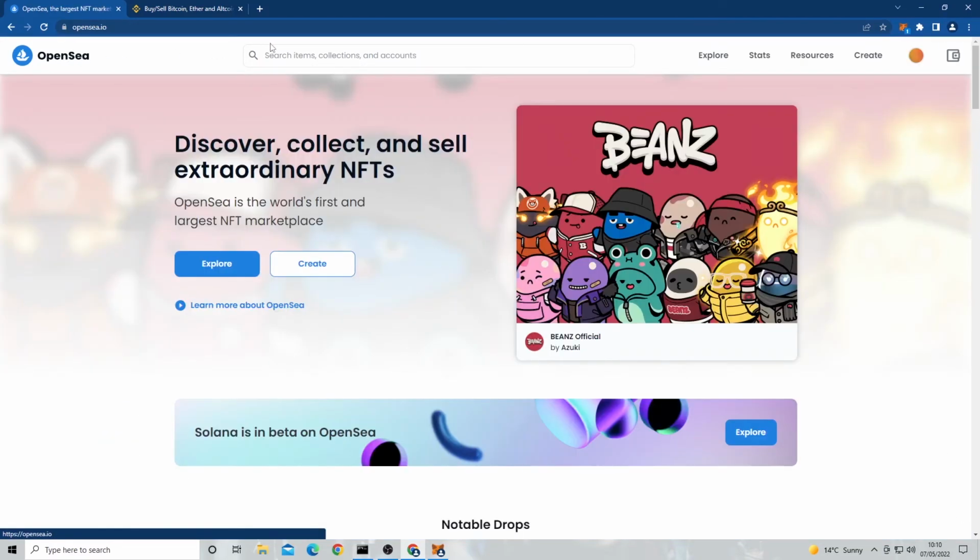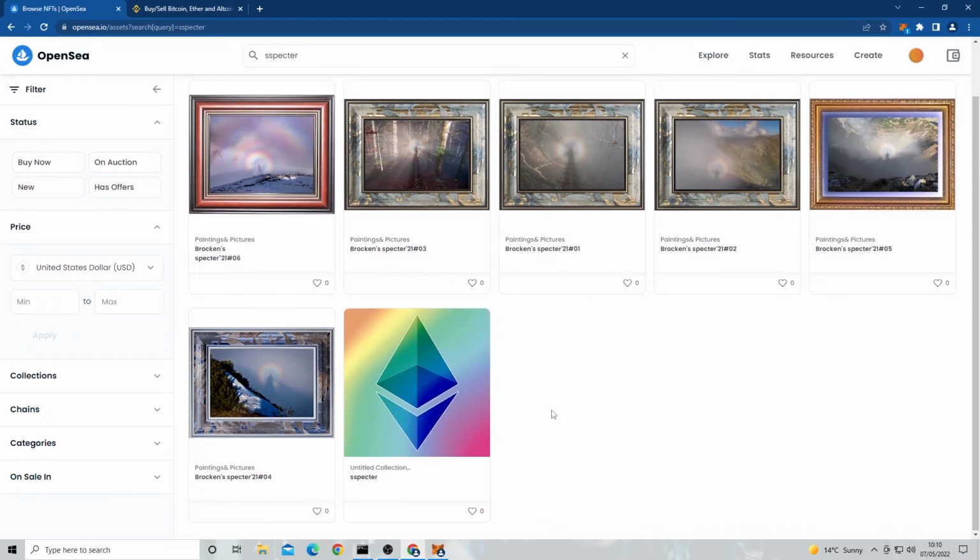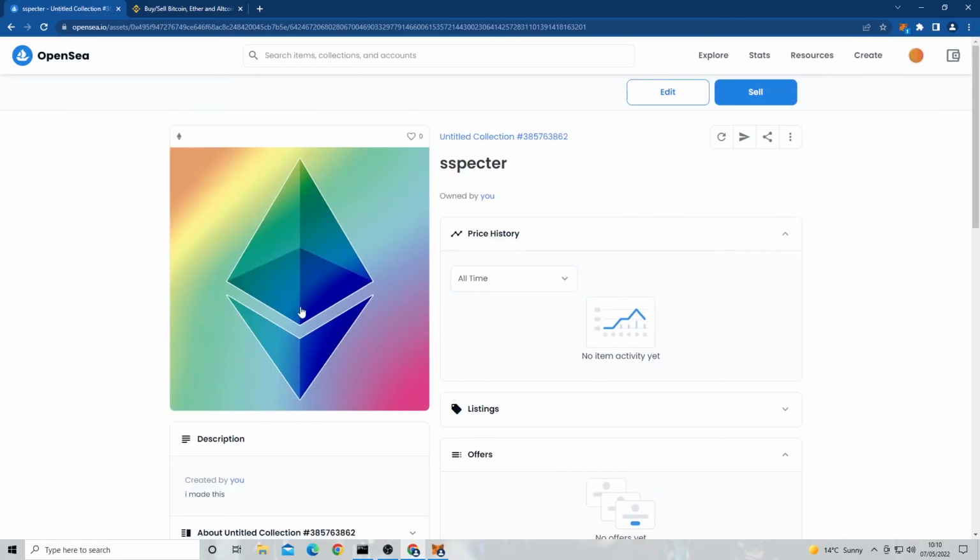Once it's been minted, you can search for the NFT name in the search bar and it should display the NFT you've minted like this. Personally, I'm not an NFT artist, so I won't be making a collection, but if any of you guys want to make an offer, I'd be happy to sell it to you. As you can see here, I've got another NFT that I created a while back just to test out how